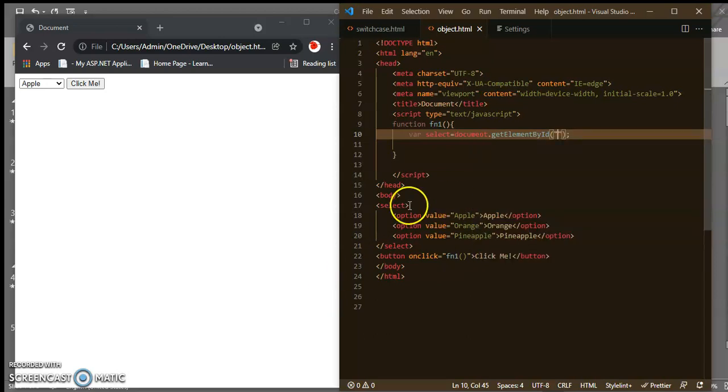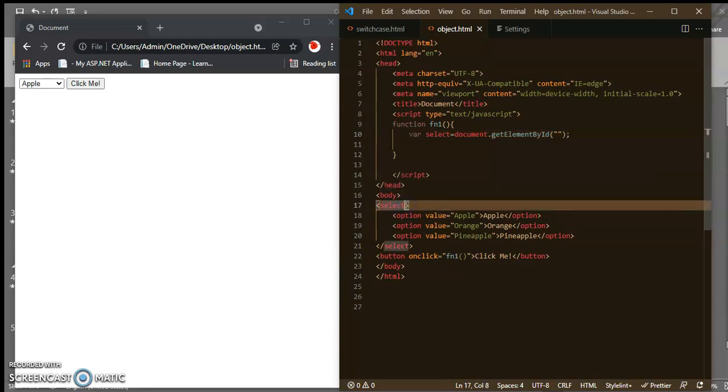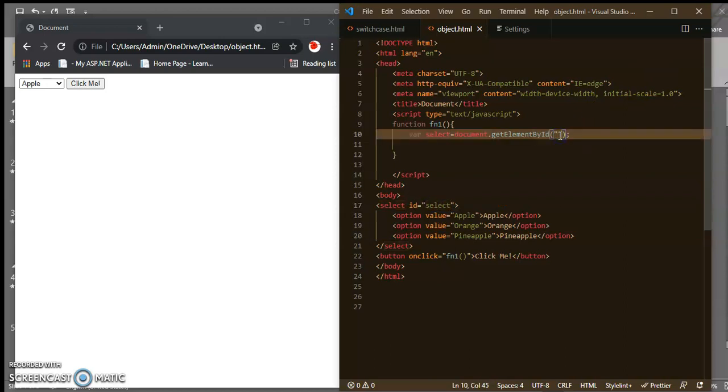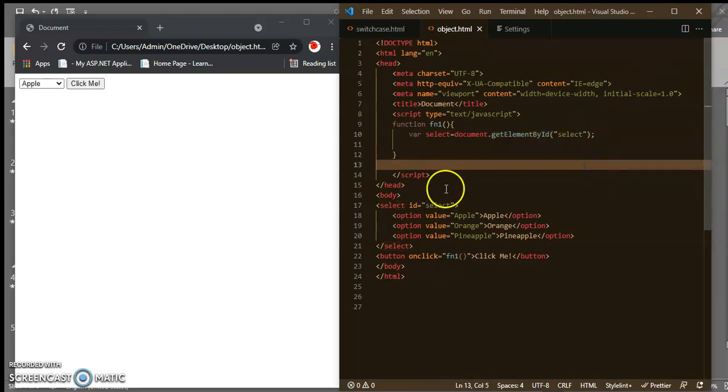What is the id? I will create the id here, suppose the name of this drop down, id is select. So I will pass this same id here. So I will fetch the values of this drop down box.